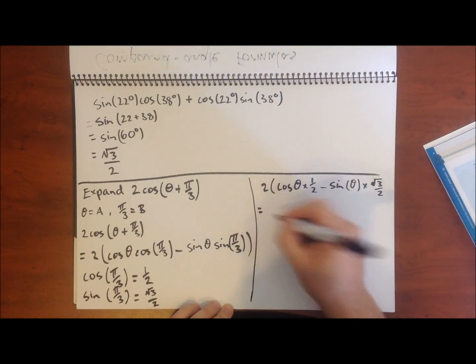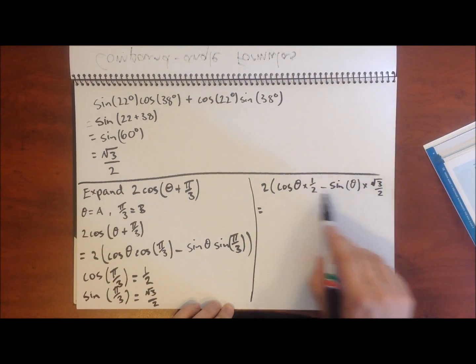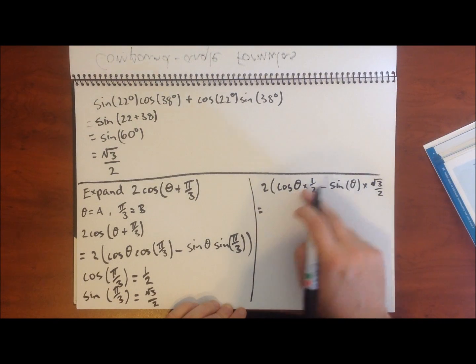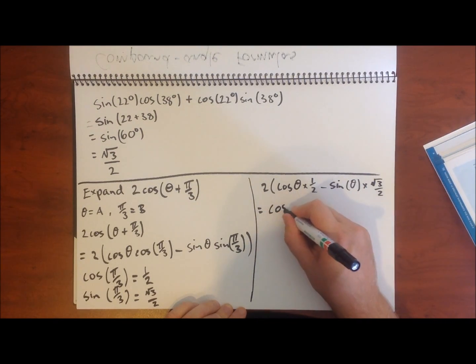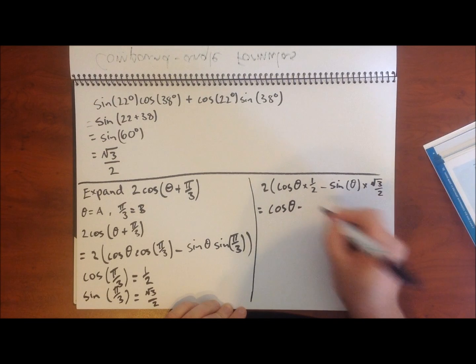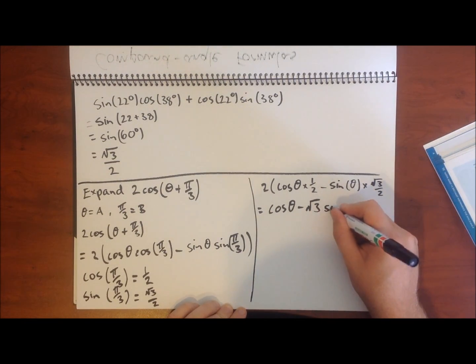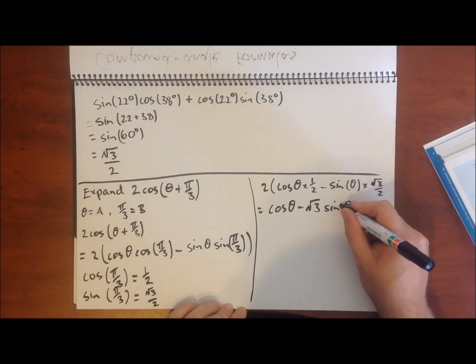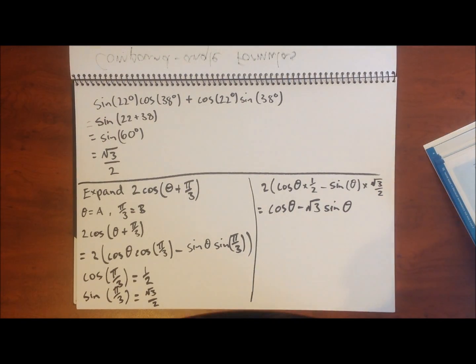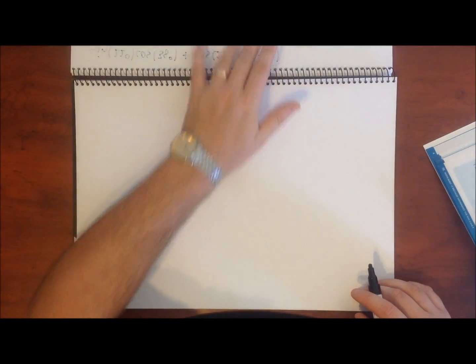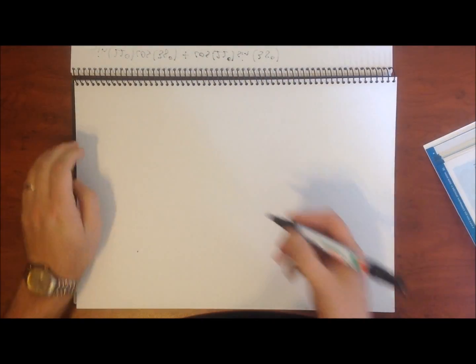Okay, and we can simplify that because our 2's can cancel out with these 2 here. Okay, and so we get simply cos of theta times 1, which is cos of theta, take root 3 sine of theta. Okay. And that's our answer. Okay, so we've been able to simplify it down as much as we can. Okay, so our next one is we're going to look at simplifying